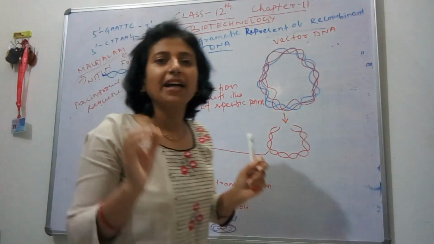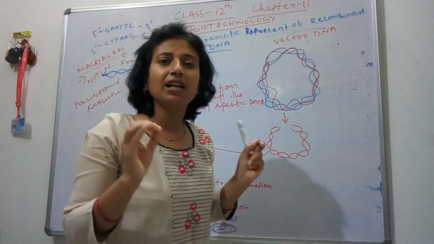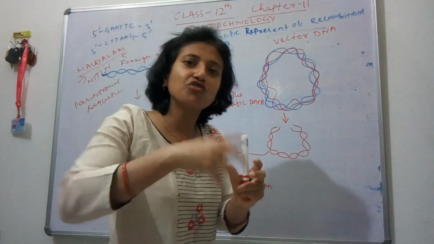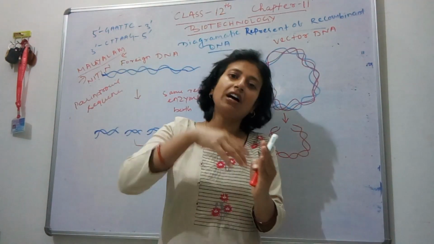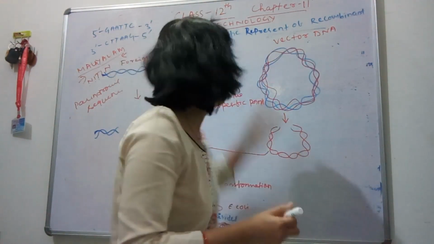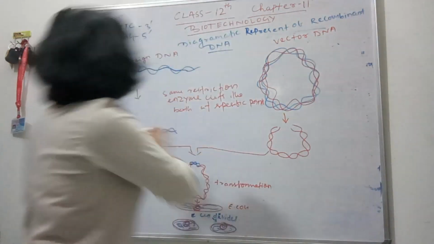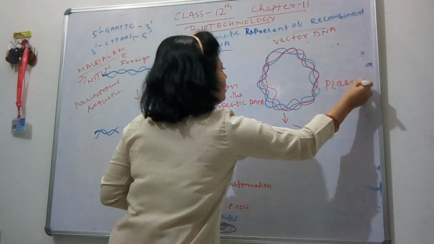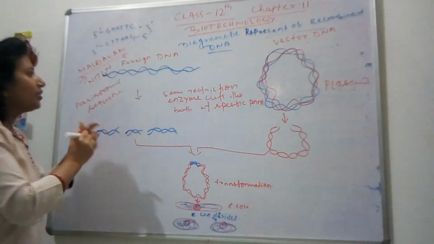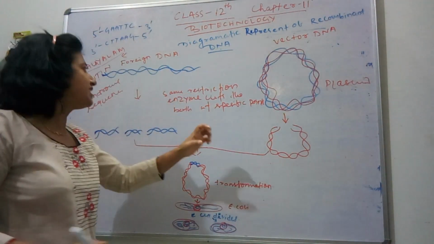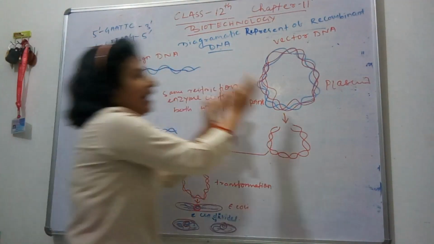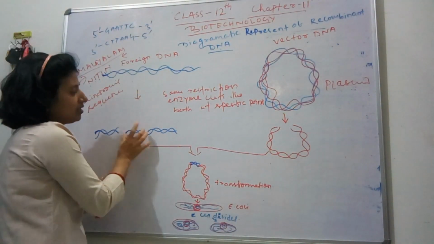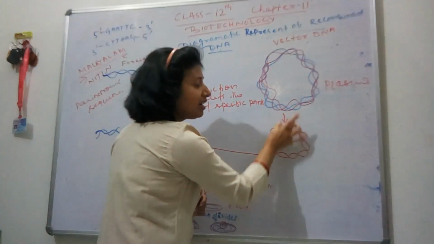As I have told you, plasmid is the extra chromosomal autonomously replicating circular DNA. Means when a piece of DNA is ligated or joined into plasmid, then it autonomously forms its copy number. So let's understand through the diagram. This is a foreign DNA and this is vector DNA, the plasmid. This is circular. When we add the same restriction enzyme, it cuts both the foreign DNA and the vector DNA from the same point, same sequence.